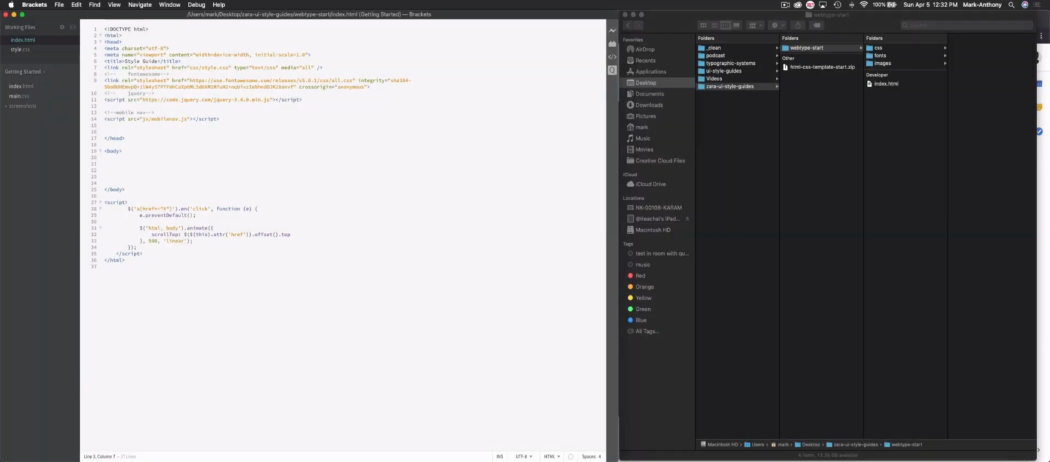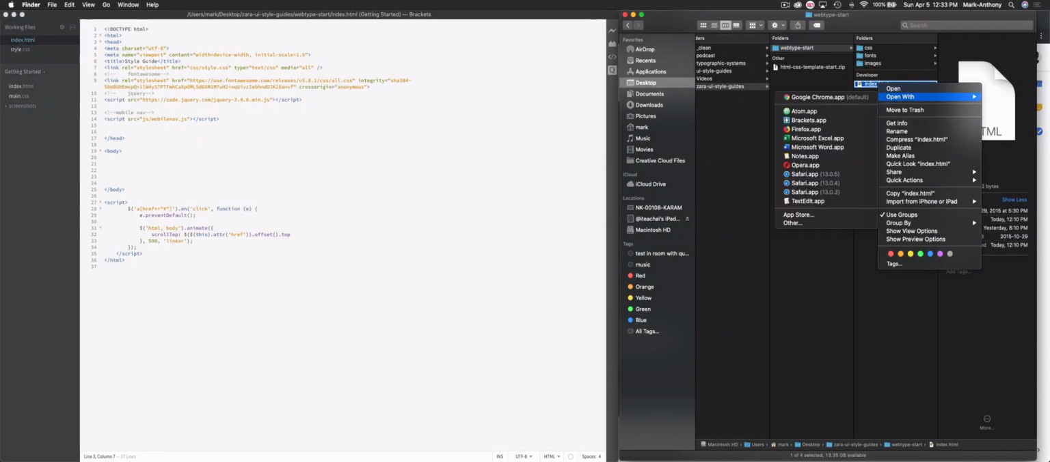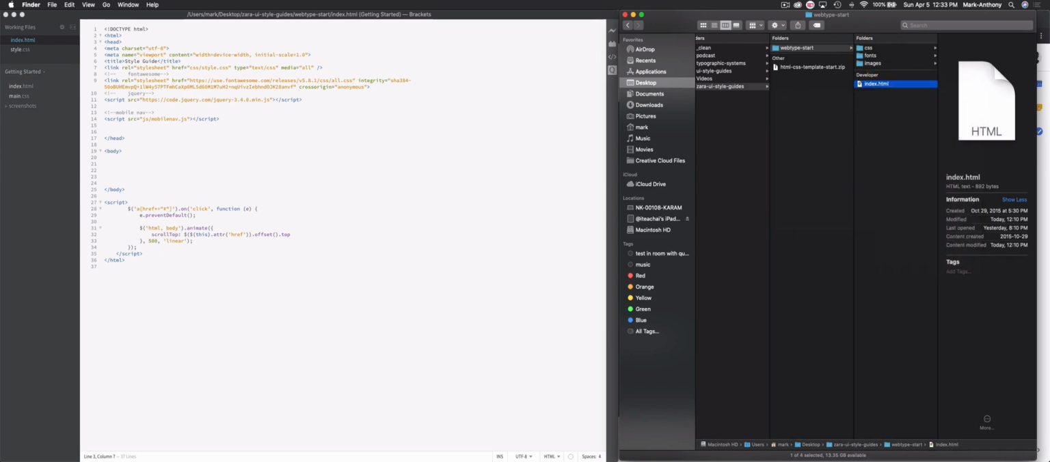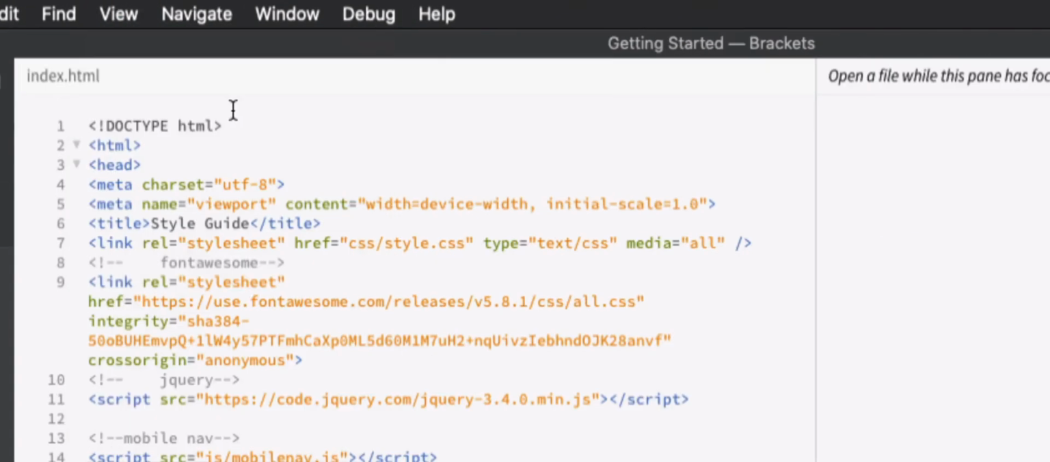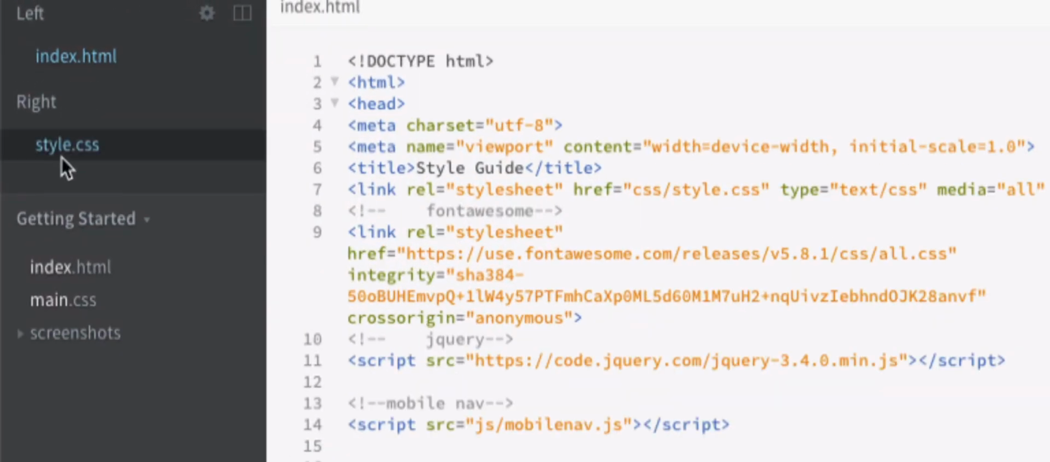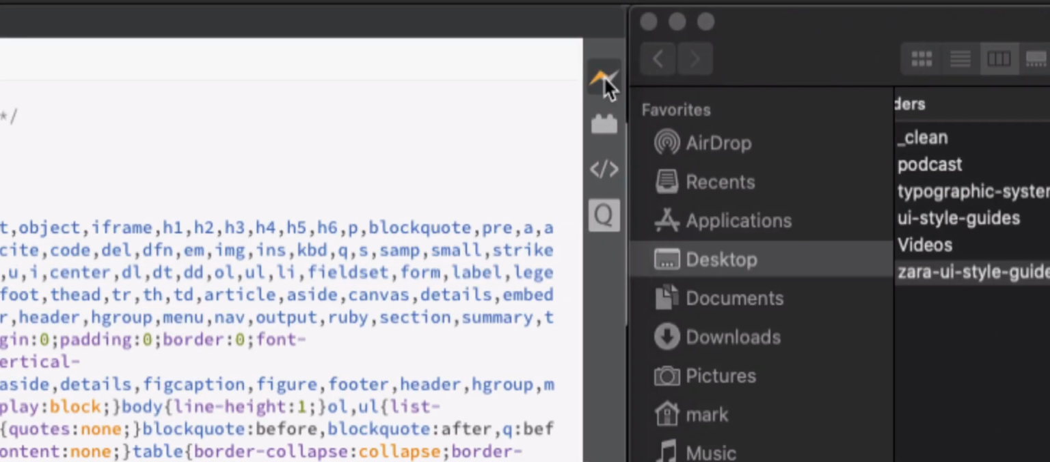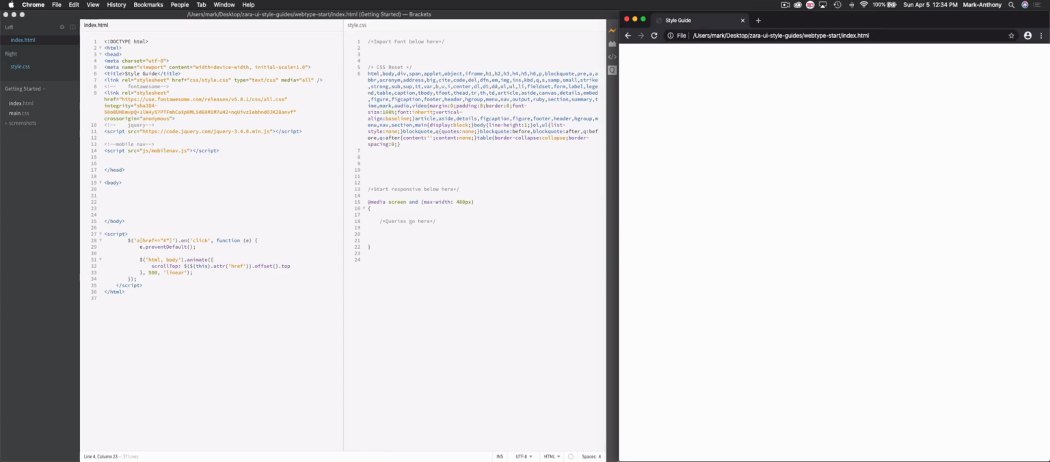Once you've downloaded the files, let's extract the web template zip file and open the HTML and CSS file using Brackets. You can split your view and preview your HTML page by selecting the lightning bolt icon in the top right corner. Now that our files are ready to go, let's import our Google Fonts, set our container, and start